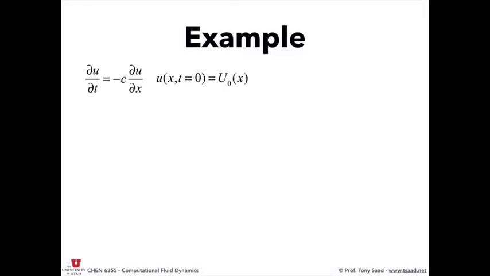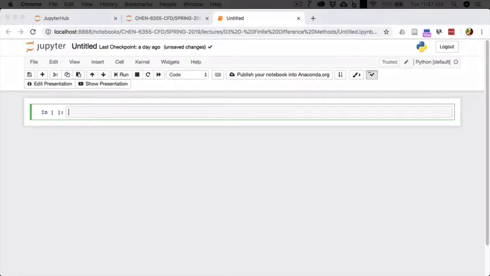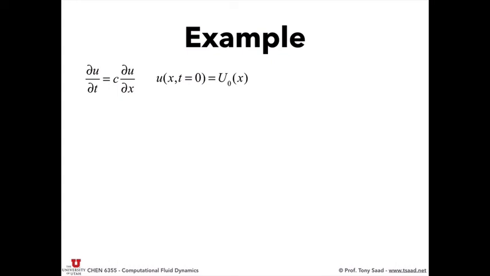But the first example is a simple advection equation: du/dt equals some constant c times du/dx, with an initial condition given by u at any point x at time t equals 0, that's u0(x). So we're going to do a